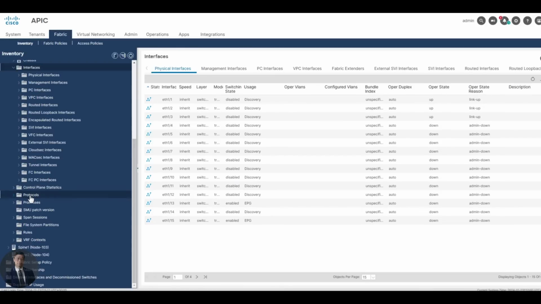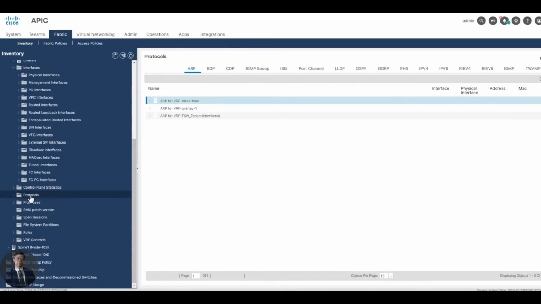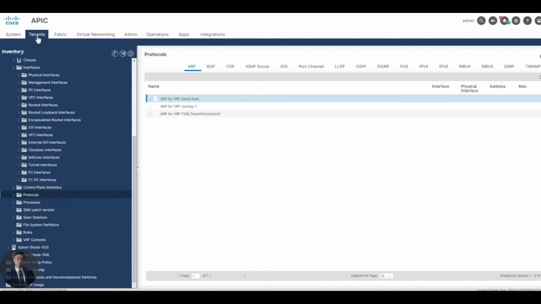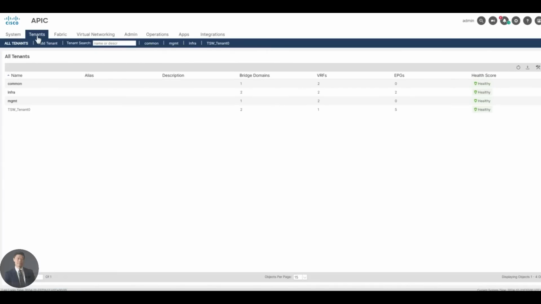Let's click tenants for now. In the ACI, we're going to see that 4 tenants are configured. There are common, infra, and management, and we have created TSW tenant 0. So let me explain those predefined tenants. The common tenant